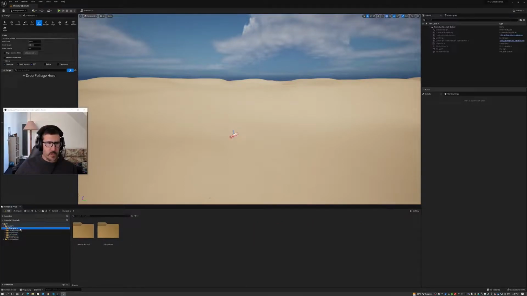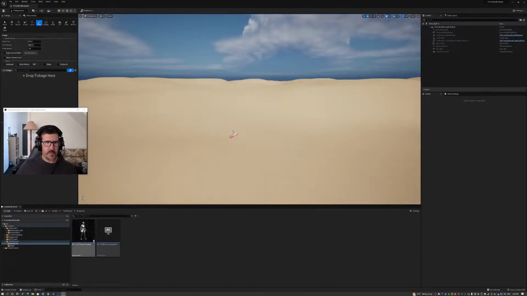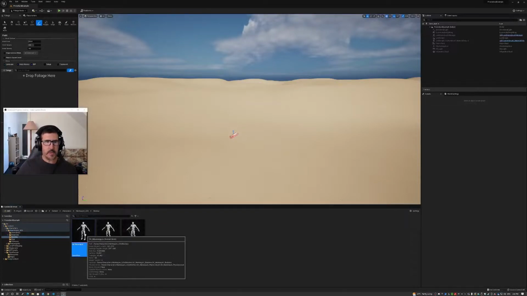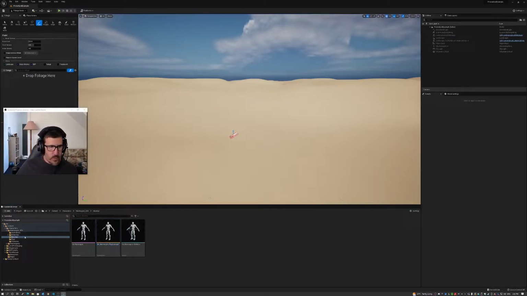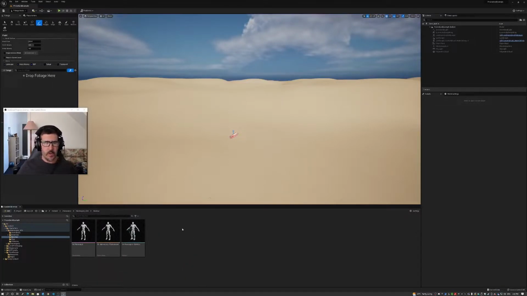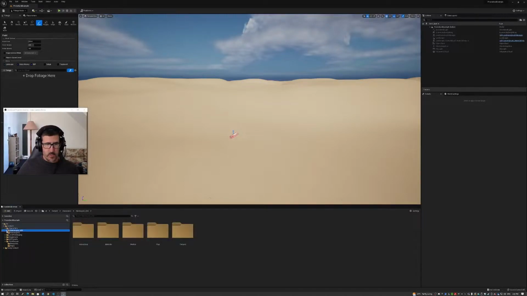A foliage type can be made from any object you like, even the third person character mesh. If you really felt like it, you could make this into foliage. Maybe not that one right there because it's a skeletal mesh. No, that would probably still work. But we don't want to spawn a bunch of men in the scene. We want to spawn rocks. So